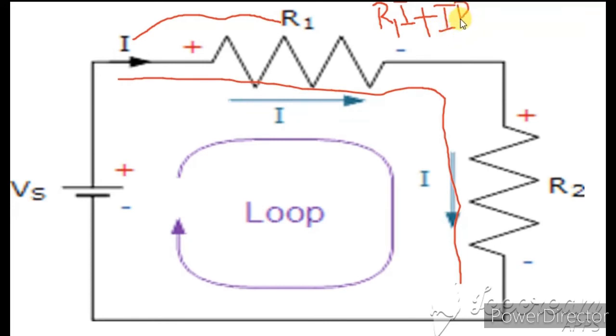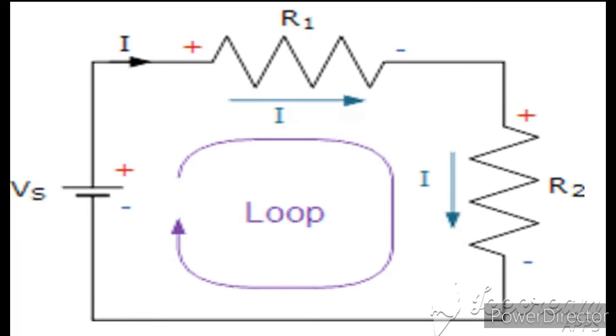That is equal to what? The EMF. So what is the EMF here which we have? It is Vs. Okay, so this is the EMF. So we just write Vs. So this is the first example. Okay, same way, I'll show you with the next diagram. See here.